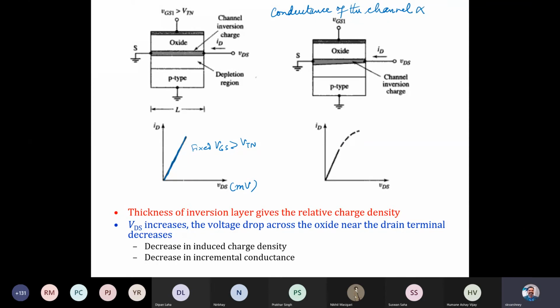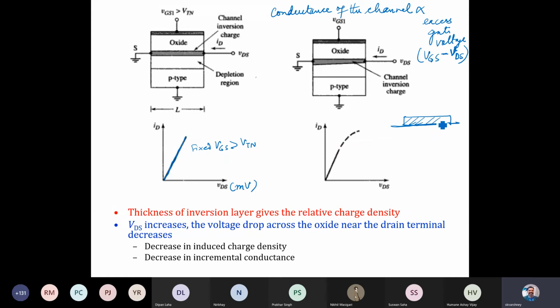It would be proportional to the excess gate voltage, that means VGS, which is connected to the gate terminal, minus VDS, which is a small signal applied at the drain terminal. Let's say I'm just denoting this.